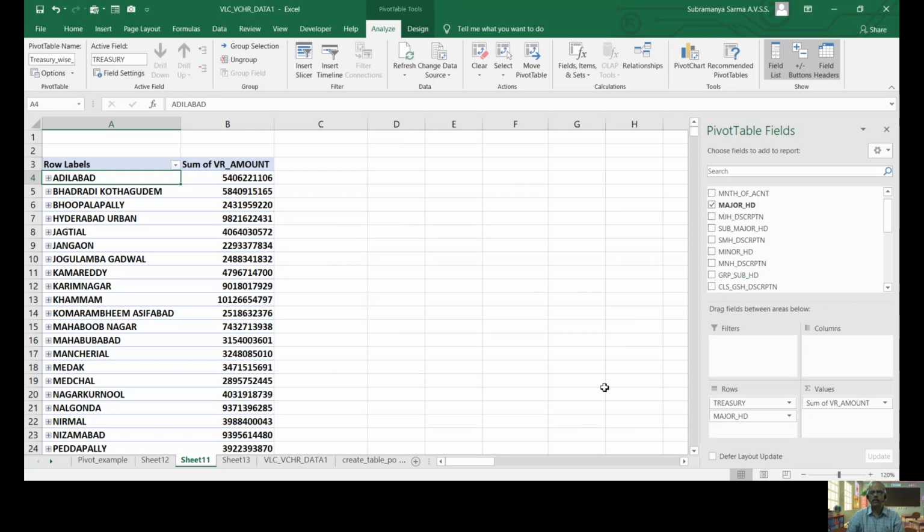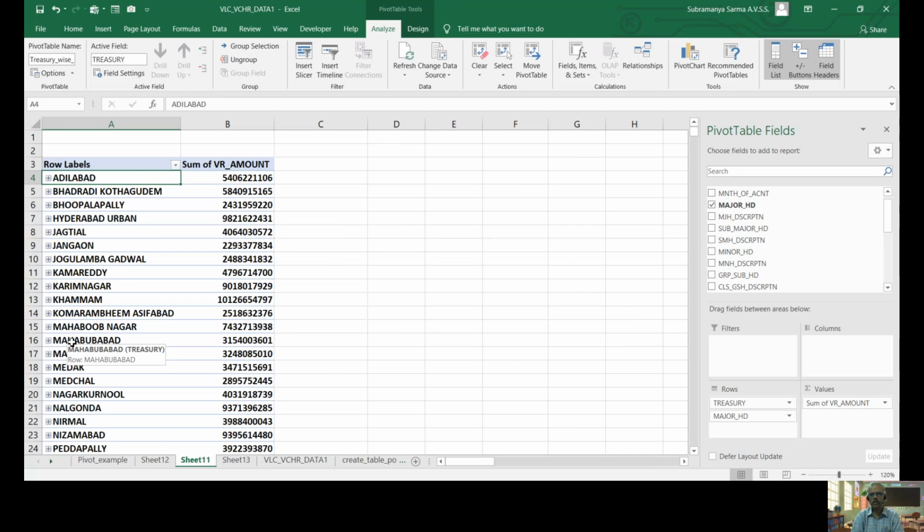I repeat the very important points quickly. One is the pivot table is nothing but the columns in our base table. Whatever values you want to put in rows, you can drag and drop in the rows box, and whatever fields you want as columns, drag and drop in the columns box.